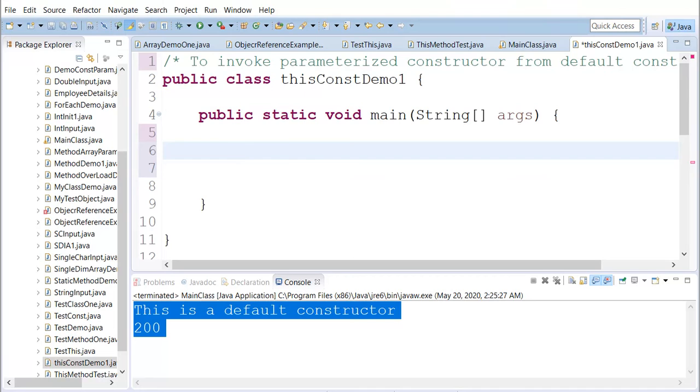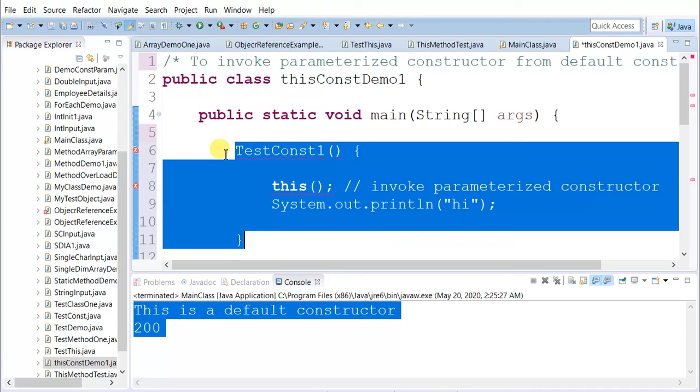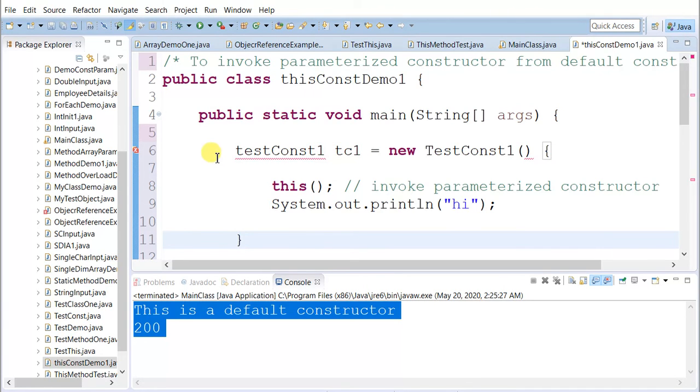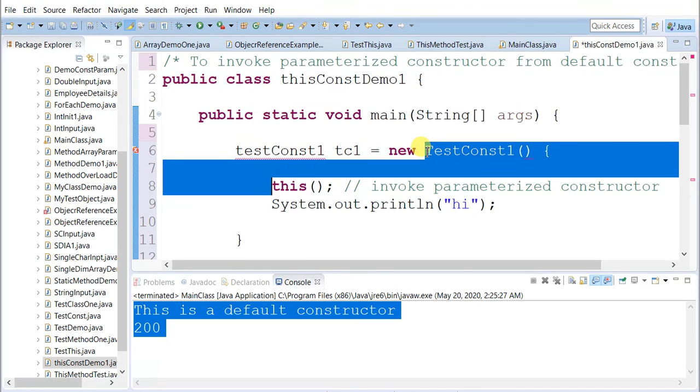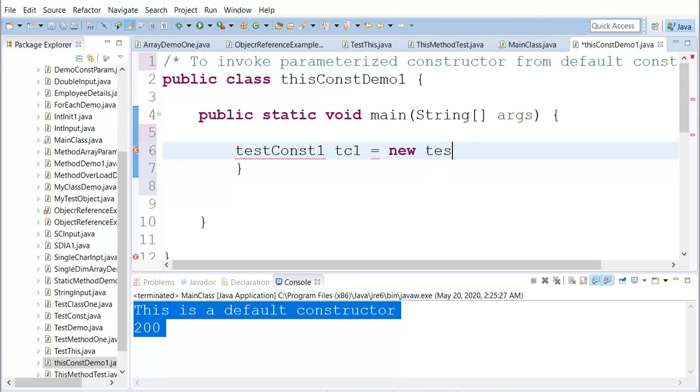So let's say the class name is testconst1, this is the object, and let me put one parameter.